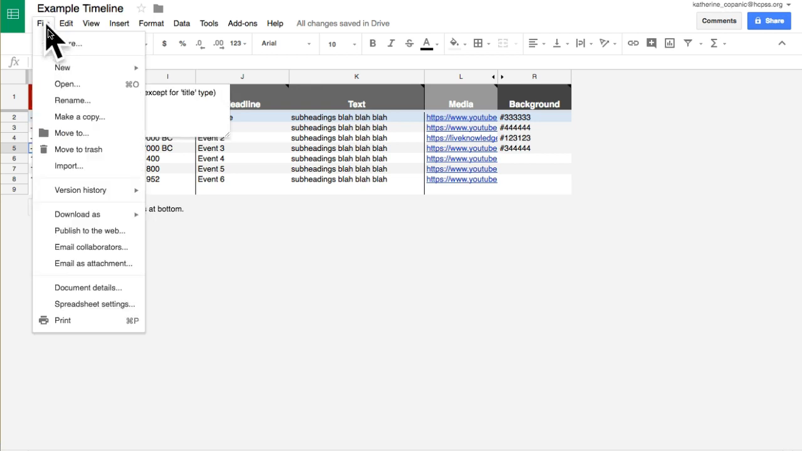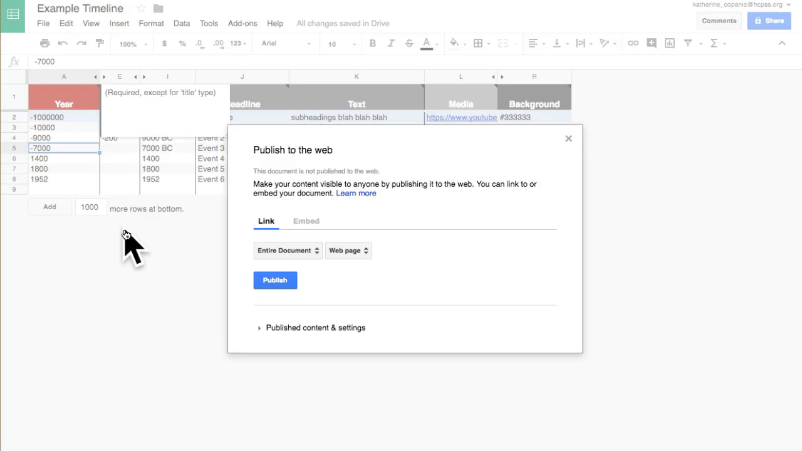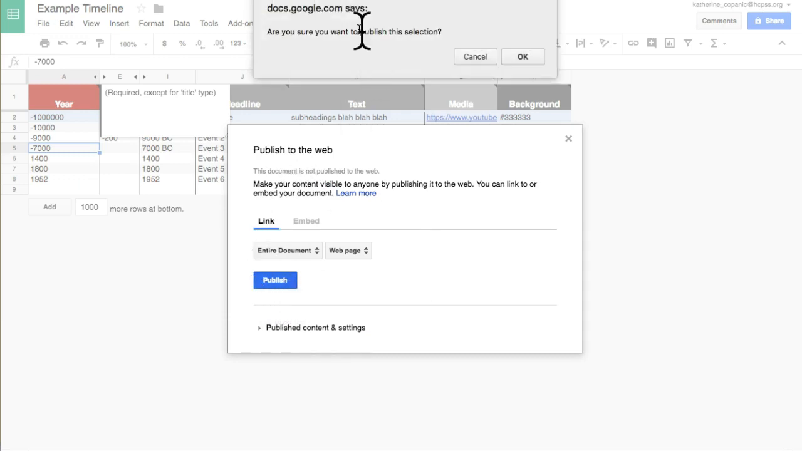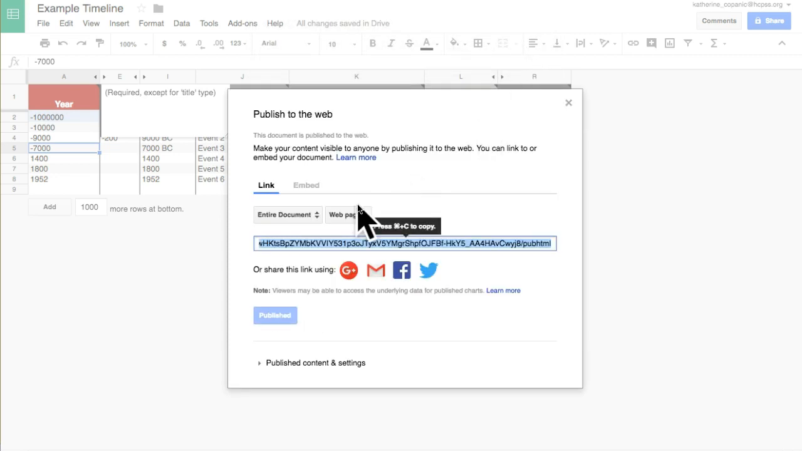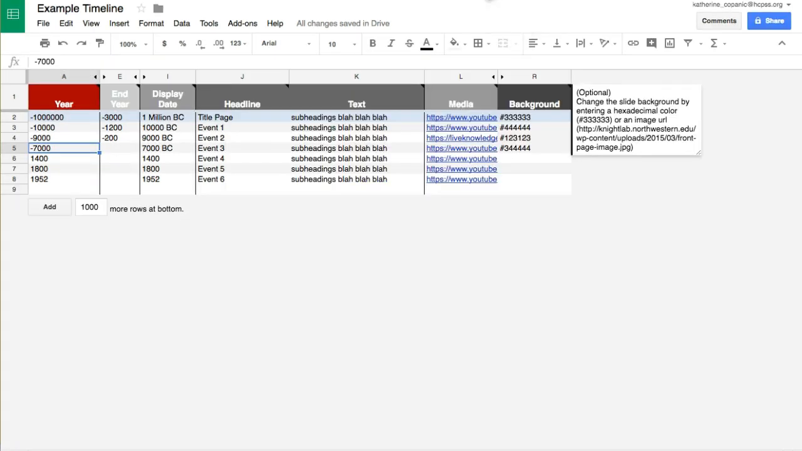So if we go to File, and then go to where it says Publish to the Web, you shouldn't have to change any of these settings. Just go ahead and hit the blue Publish button. It's going to ask you if you're sure, so say OK. Now it's giving you a link here, but they no longer want this link in the timeline generator. So it's been published to the web, so you can just close out of that window